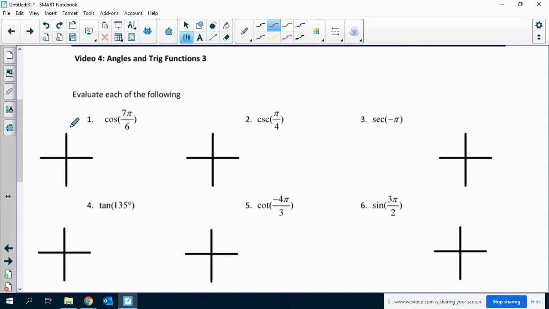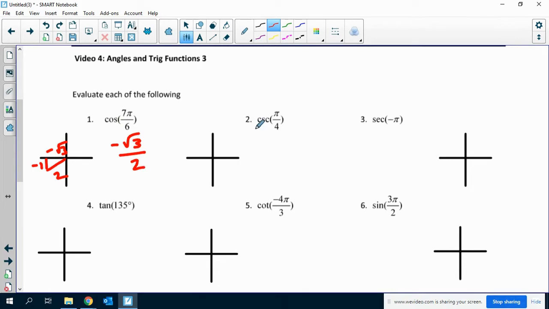We're going to evaluate each of the following. Cosine of 7 pi over 6. 7 pi over 6 is in the third quadrant. So this is -1, negative root 3, and 2, because this is a pi over 6 reference angle. So if I'm doing this, I have cosine, which is x, so that's negative root 3, divided by the radius,